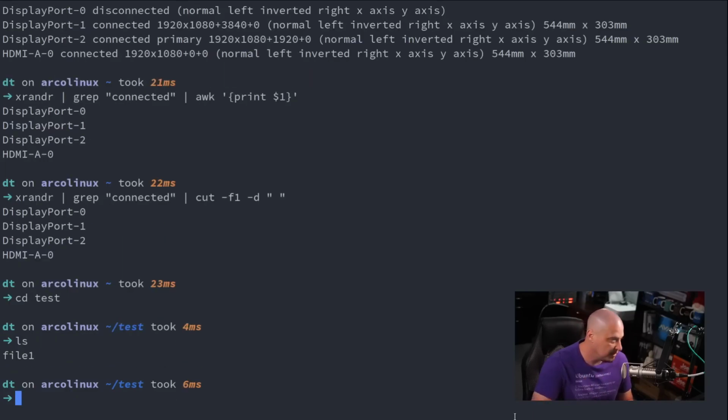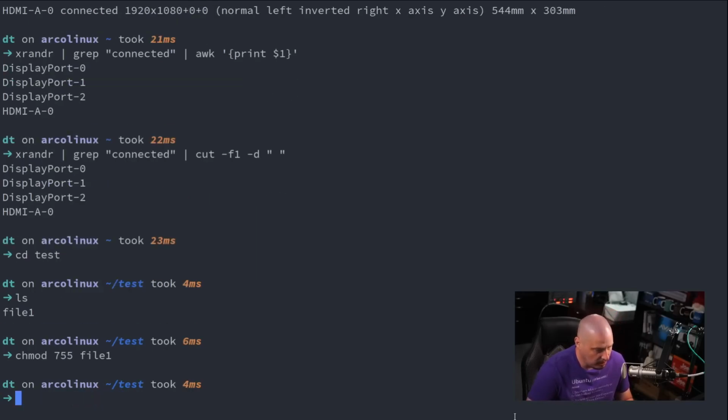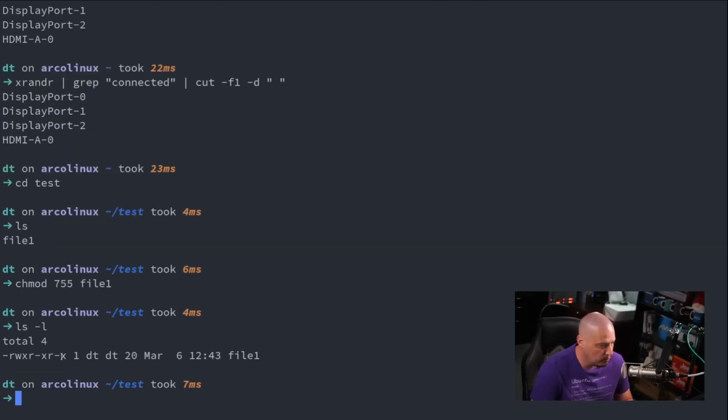Let me do an ls. I still have file 1 here. Let's talk about chmod. So change mode is essentially what this is. This changes file permissions. So if I chmod 755 on file 1, and I did an ls -l for long format,